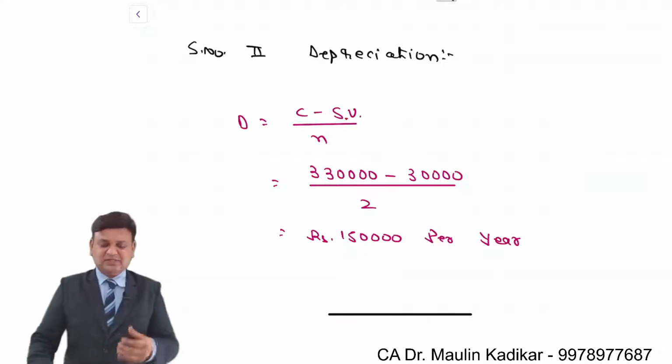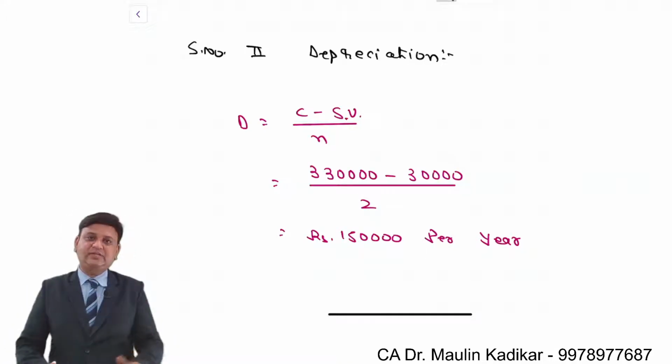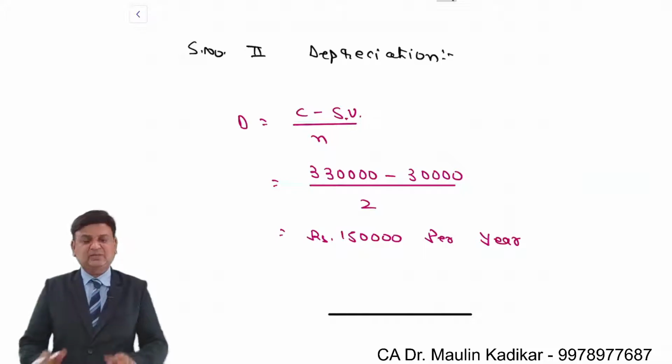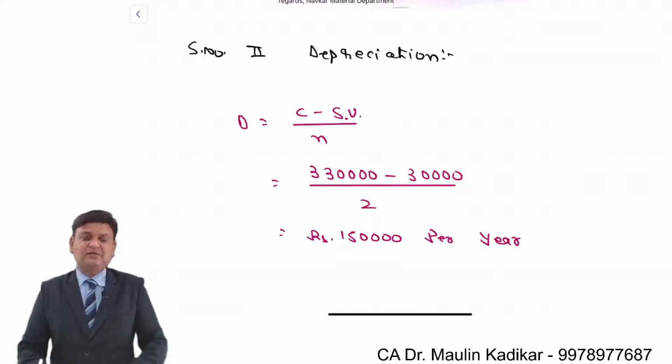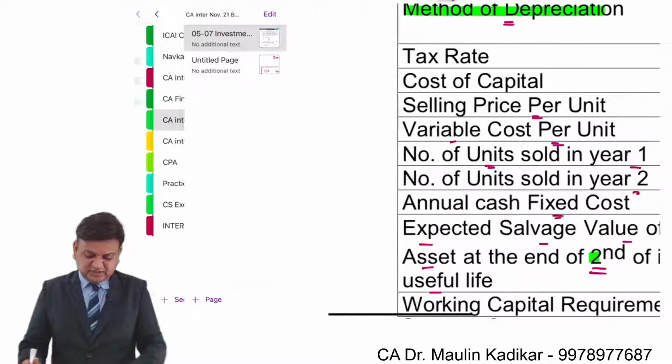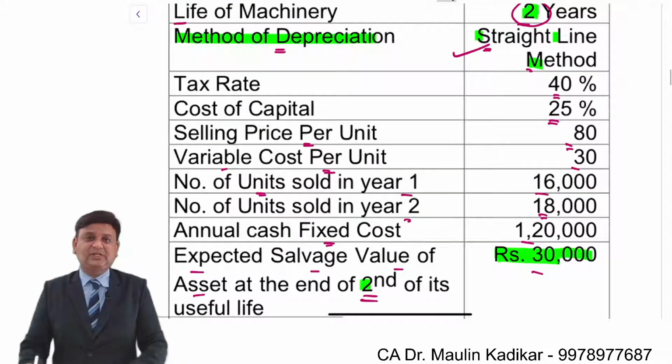Now the calculation of depreciation is done. Now there are certain queries which I come across a number of times. The first query is: sir, in the income tax that we study, only the WDV method of depreciation is acceptable, so how have they provided SLM here? See, we have to understand that the method of depreciation acceptable from a tax point of view is given to us in the question. In the absence of information, we assume that whatever method of depreciation is given in the question is acceptable from a tax point of view.